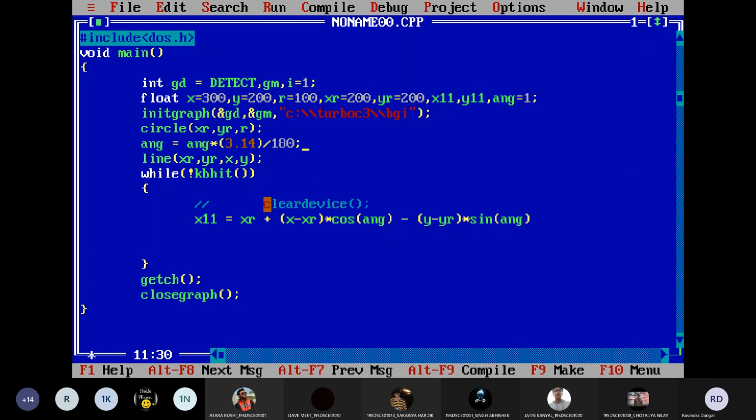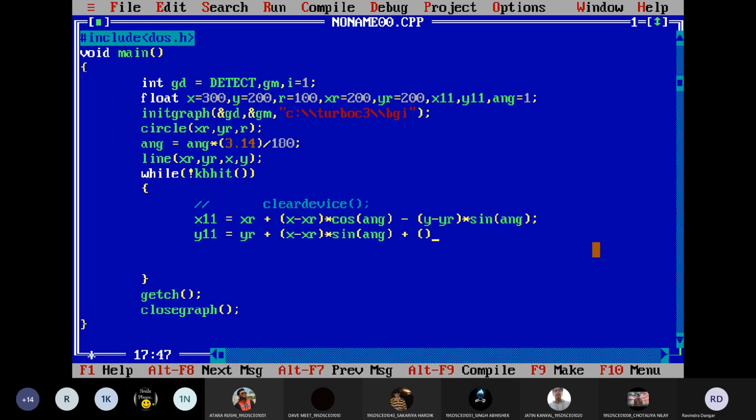So now the angle is converted, and we are using it, and the new value is in x11. Similarly for y11, you can use the equation yr plus (x minus xr) into sin theta plus (y minus yr) into cos theta.